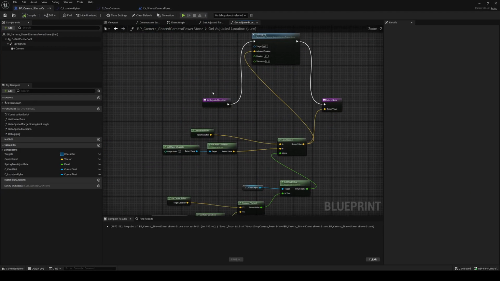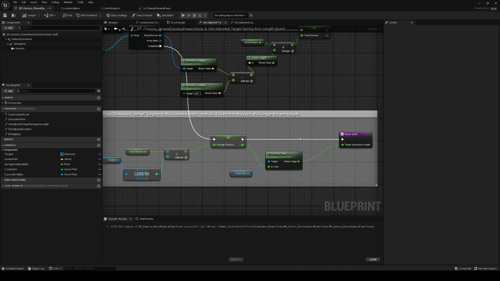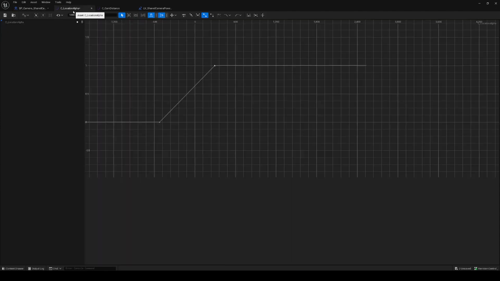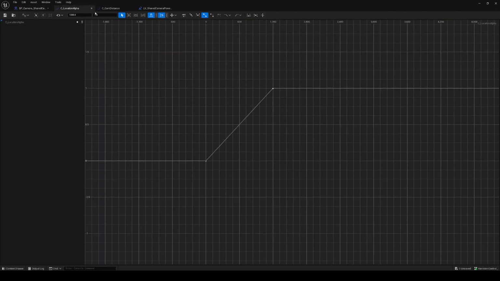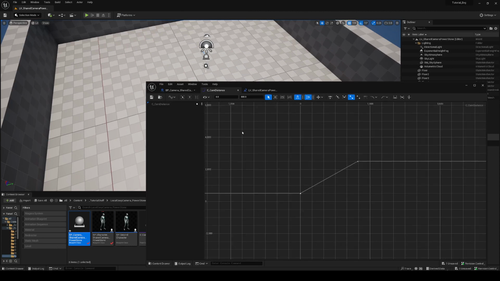So here, the adjust location returns an alpha value, and here we don't have an alpha because for the camera spring arm length we don't have a set range that we want it to be in. We just have a flat value, the actual value that we want it to be. So let's say if the average distance is 0, then we want it to be 500. Then as the average distance goes up and up, the higher,